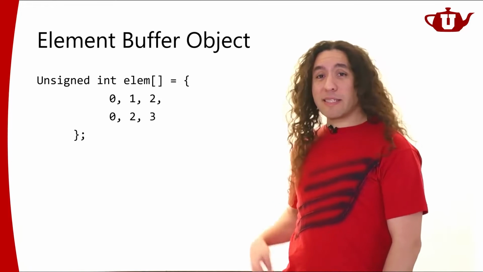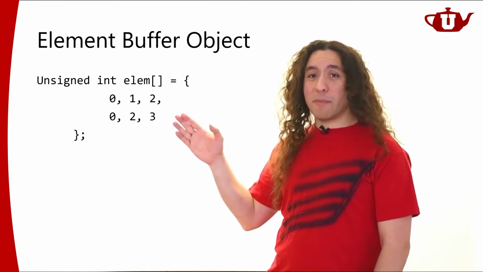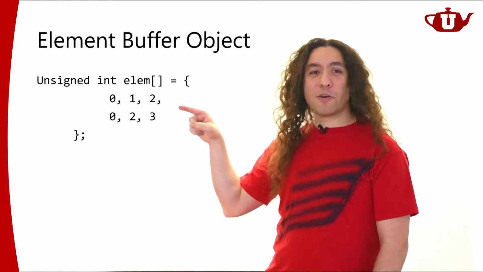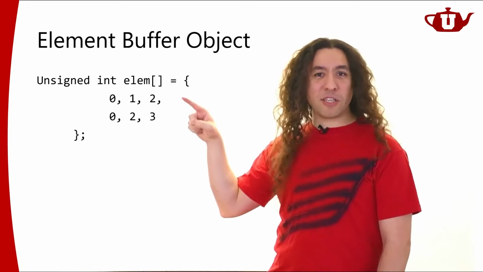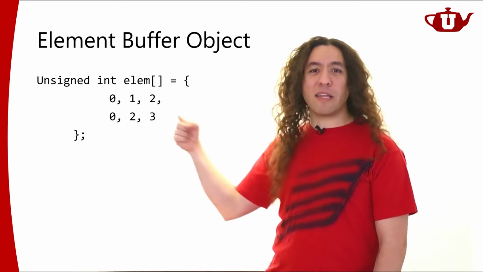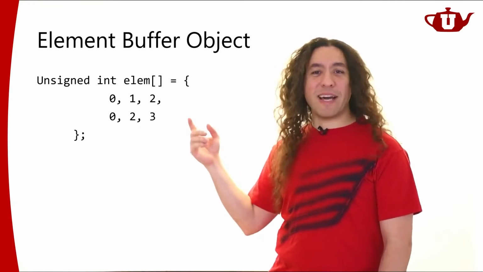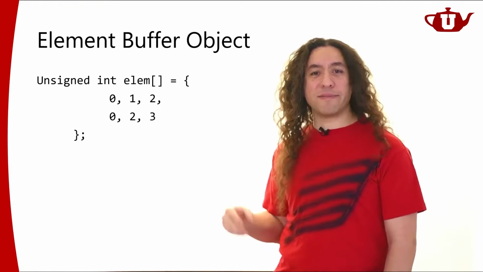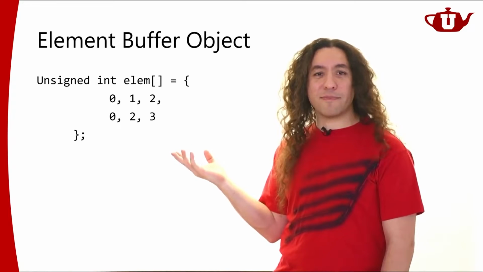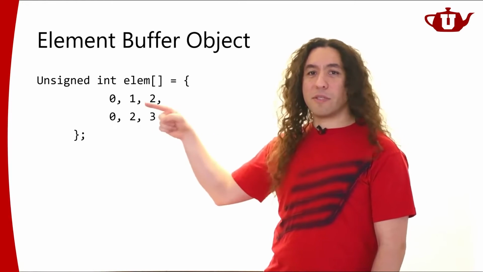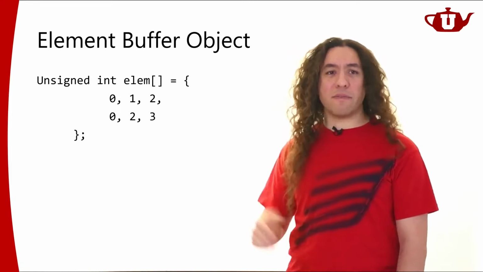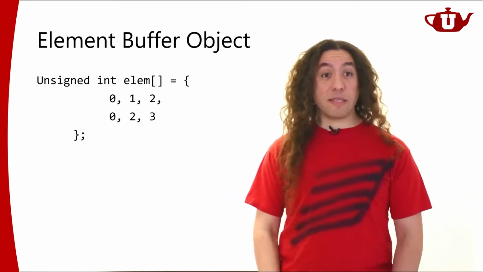So let's say that this is my element array. Now, as you can see, this is the standard format that I've been using. So this kind of looks like a 2D array, but it isn't. It's just a 1D array, right? I'm just writing it in this format so I can see it better. Other than that, it's just a 1D array of 6 elements and nothing else. Right? So 0, 1, 2, 0, 2, 3, they're defining my vertex indices.